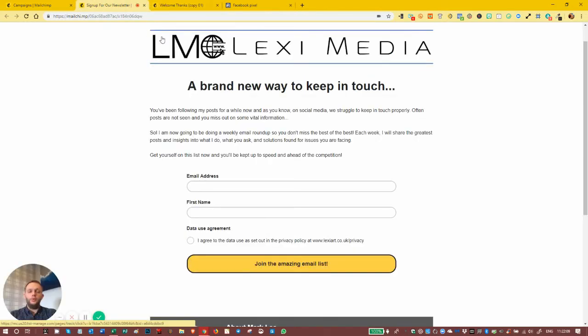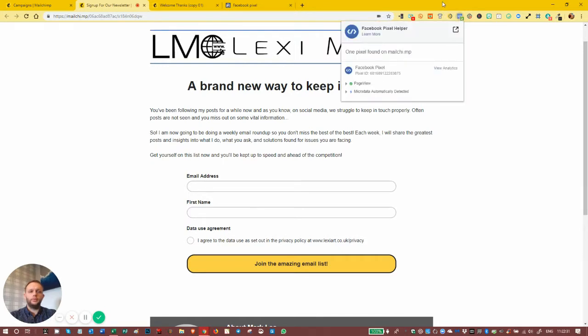Now, if you do use the Facebook pixel already, you'll probably know about the Facebook pixel helper extension for Google Chrome, which is this little blue icon up here with the number 2 in green. What this is basically showing us now is that the Facebook pixel helper is picking up on 2 pixels. And we click on that, and we've got some micro data that it's detecting,